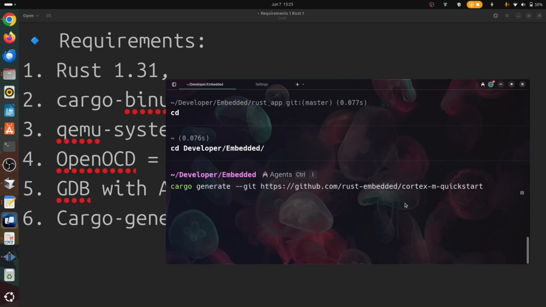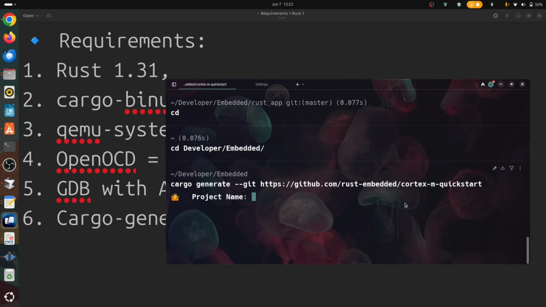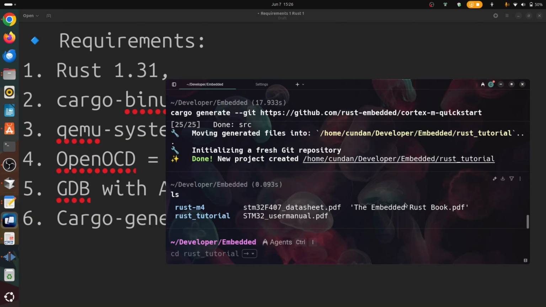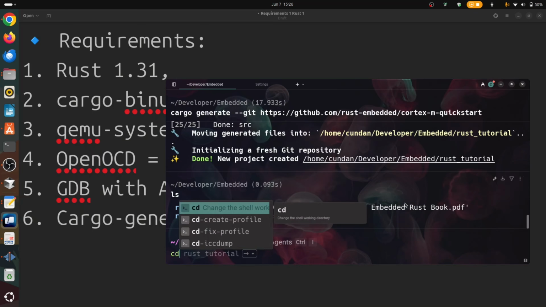For that, I'm going to enter the command as shown on the screen: cargo generate git and the template's repository, which is given by Rust. This is a basic template from the Rust official website. It is going to ask you for the project name. I'm going to give it rust-tutorial, and after that you'll see it was successfully created, and you can find the folder with the rust-tutorial name. I can enter into rust-tutorial,